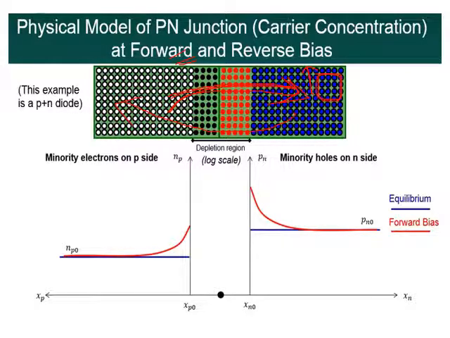So holes in the N type material are increasing. Similarly, the electrons are coming from N type to P type. That means the count of electrons is increasing in the P type. Or in other words, I can say that the minority electrons are increasing. Why minority electrons? The electrons are minority carriers in P type, and the holes are minority carriers in the N type. So these are increasing. You can see the graph, right?